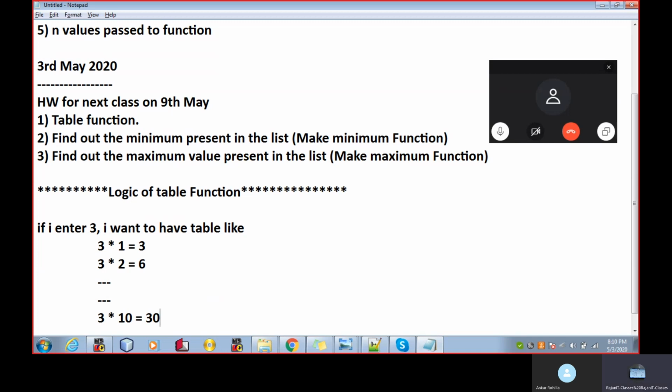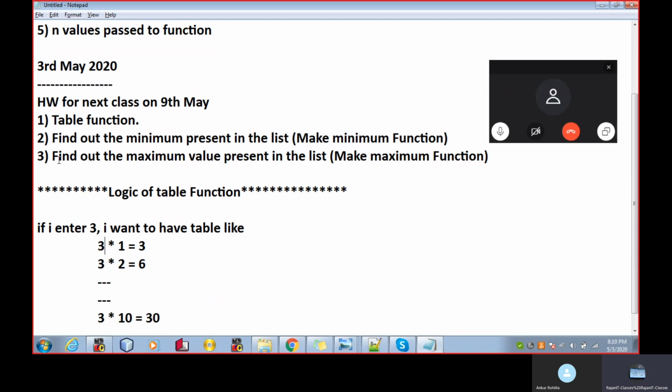If I enter 5, that 3 will be replaced by 5. If I enter 6, then 3 will be replaced by 6. It always starts from 1, gets incremented by 1 and will keep incrementing till 10, right?